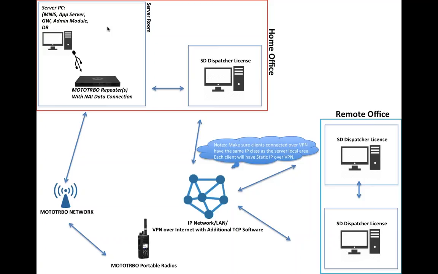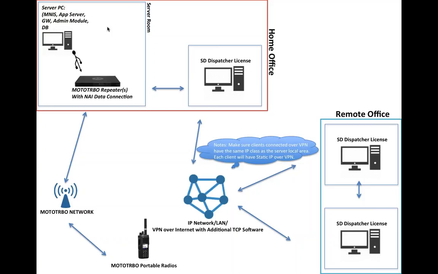So now that you have all of these systems in place, all of these computers properly configured, all of these computers with the software installed on them, now all that's left is programming the radios, the actual Motorola portable or mobile radios that are going to send their GPS data, voice, things like that, text messaging, etc., over the Moto Turbo network back through the repeater system